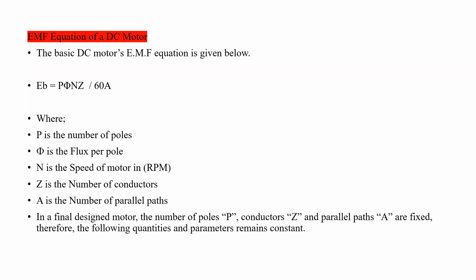I'm not asking for the transformer ratio, turns ratio or current ratio. I am asking for the EMF equation of the transformer. Like for the DC motor, the EMF equation is P phi Z N upon 60 A. For the induction motor, the EMF equation is 4.44 F phi K N dash. Is it clear? In the same way, a transformer also has one EMF equation: 4.44 F N phi M. What is the difference between the